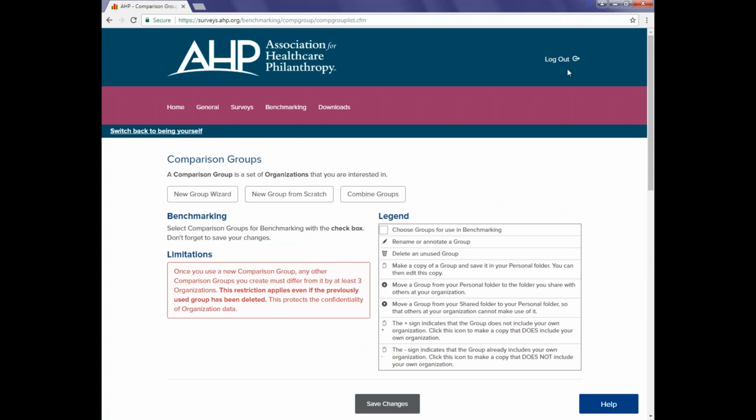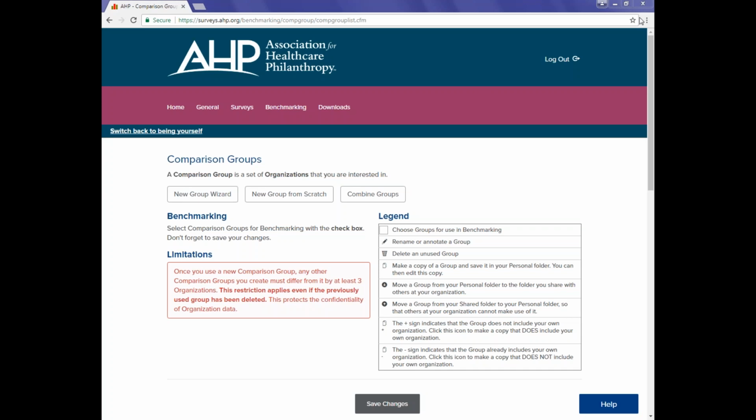So I kind of covered a lot there. Let me just open this up and see if anybody has any questions, I'll take the mute off, or if you wanted to type in any questions. Again, I know that I've gone over a lot of information there, but that will give you an idea. And this is available to anyone who participated in the report. This is something that would be very helpful to you. You can see the metrics that your organization is interested in comparing yourself with other organizations, and you're going to be in a position to share information within your organization based on these groups. Okay,